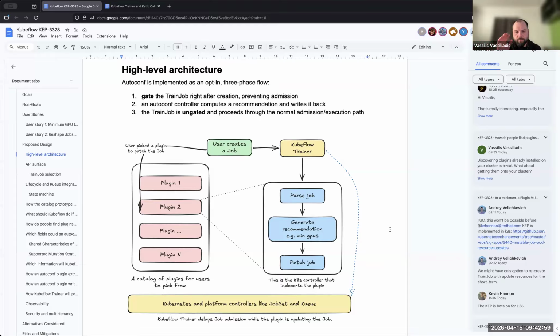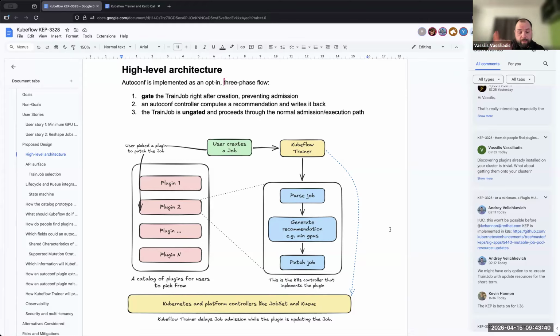So here, what I was thinking is that at the bare minimum, ideally a user creates a job, and because you cannot have a single policy for determining the appropriate resources, maybe you have some kind of catalog. Now, catalog is a scary word. It can be as easy as having a bunch of controllers in a namespace, which are exposing a kind of label, and then you say, okay, use this controller with this specific label, right? So as a user, you hop on your namespace, you look at this catalog, you pick a plugin, and then you're creating a job.